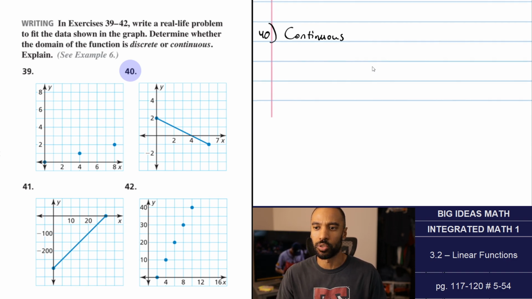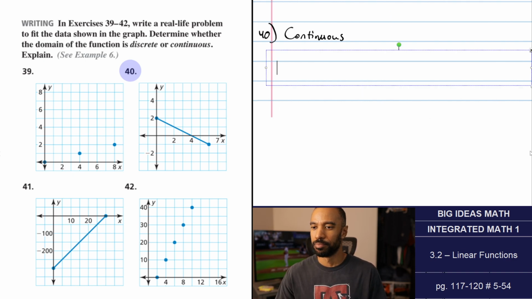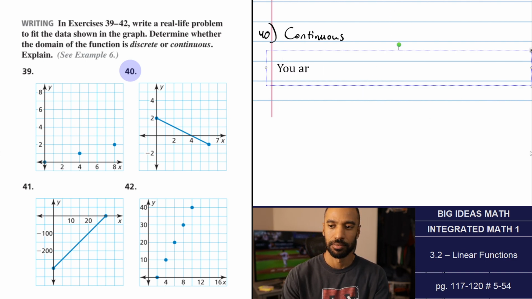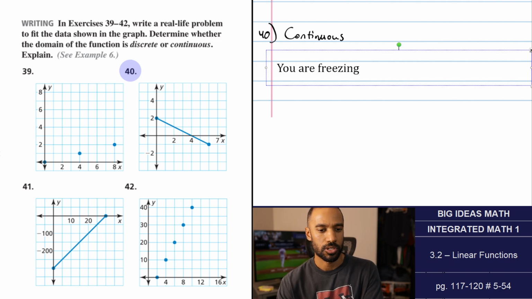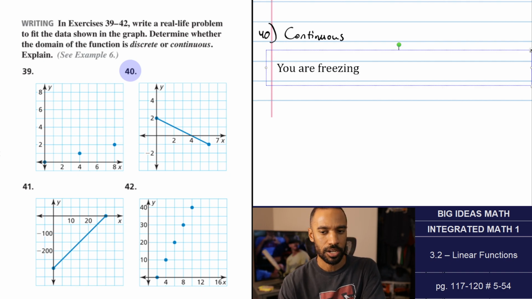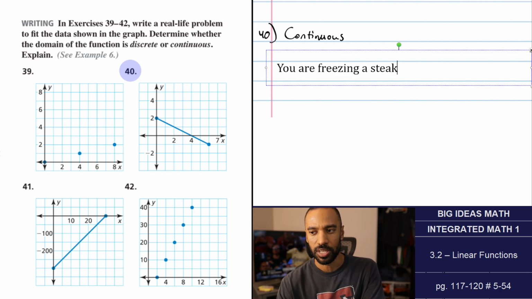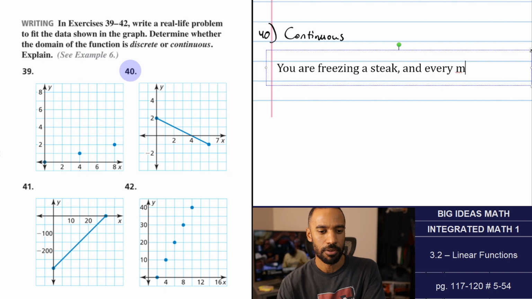I don't know how slowly these things would go into play. Well, it depends on the temperature of the freezer. So I'm going to talk about steak, okay? You are freezing a steak. Should we do hours? Let's see. That's very little change, but you are freezing a steak, and I'll just say every minute,